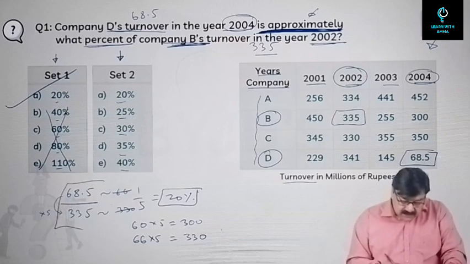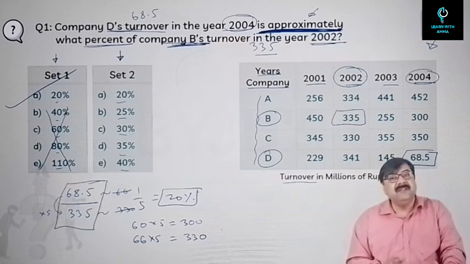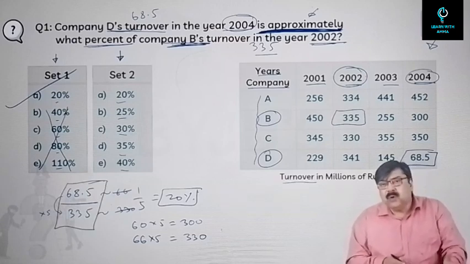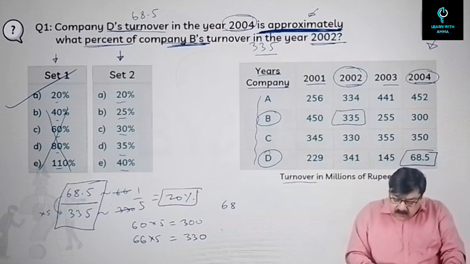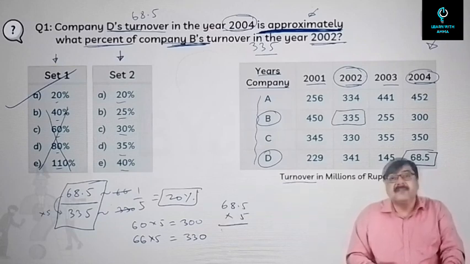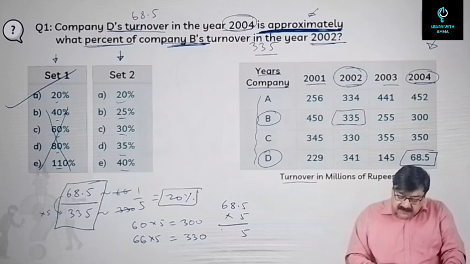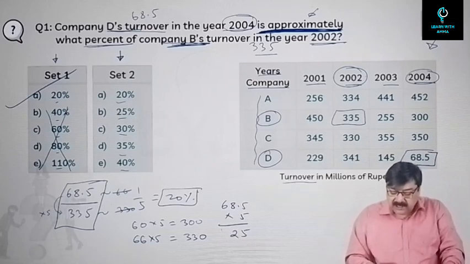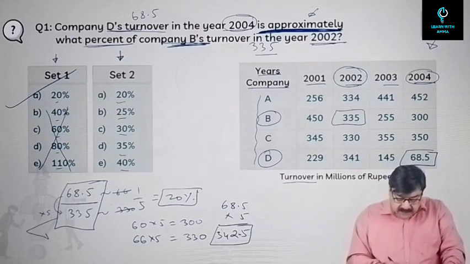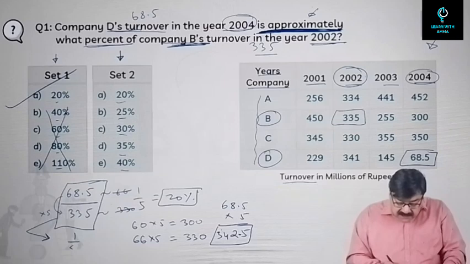So once again, you are only bothered about 68.5 by 335. At the most, what you should do here is find out what is 68.5 into 5. 5 5s are 25, 8 5s are 40. So 2 here, 6 5s are 30, so 34. So it works out to be 342.5. So actually speaking, this 68.5 by 335 is equivalent to 1 by a figure which is a little less than